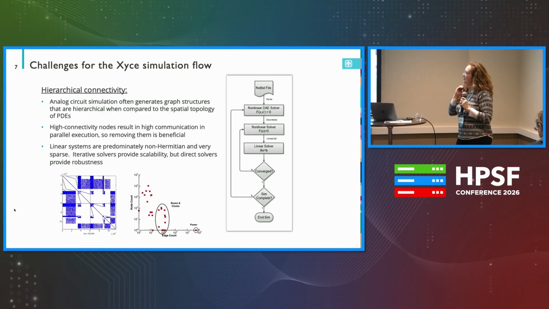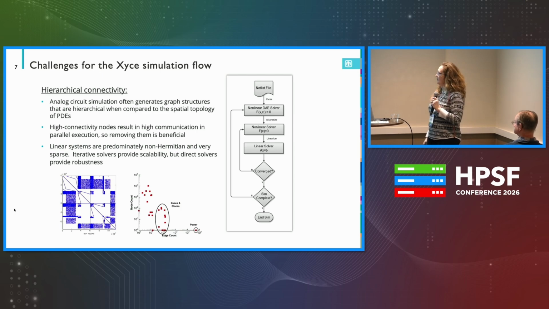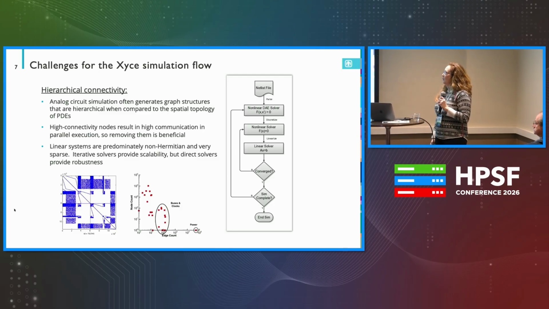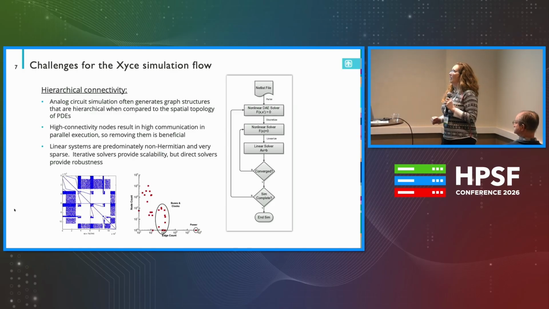So when it comes to actually solving the linear system in the middle, that is an area where the matrix itself, as you can see, there's a SPICE graph on the left-hand side. You can see this heterogeneous structure. We have found, unfortunately, that direct solvers provide the robustness that we often need, as opposed to iterative methods, which obviously provide scalability, but have been difficult to come by efficient